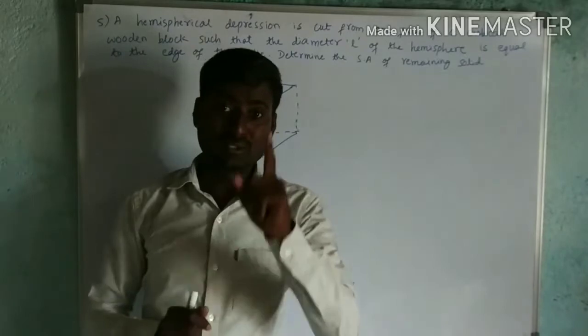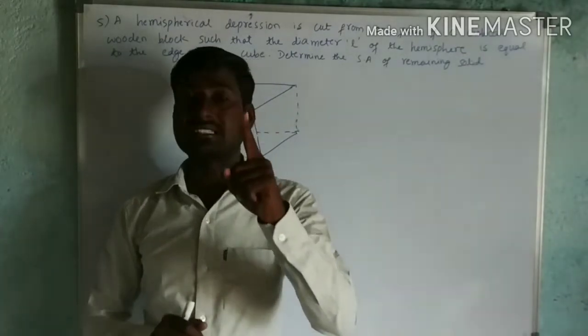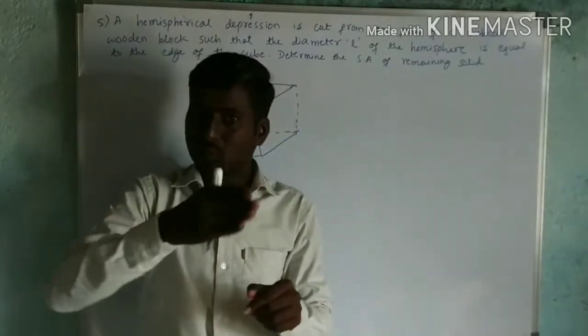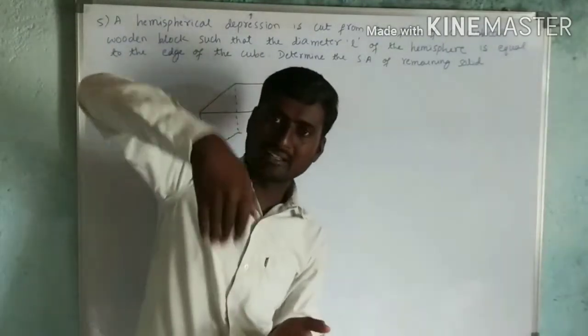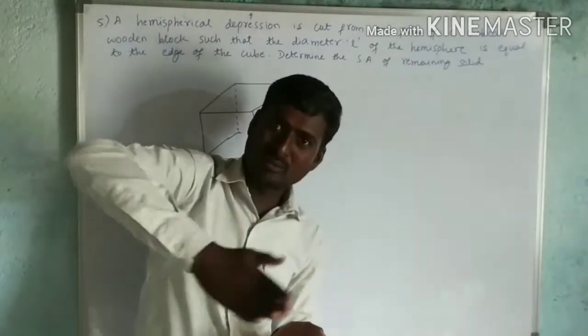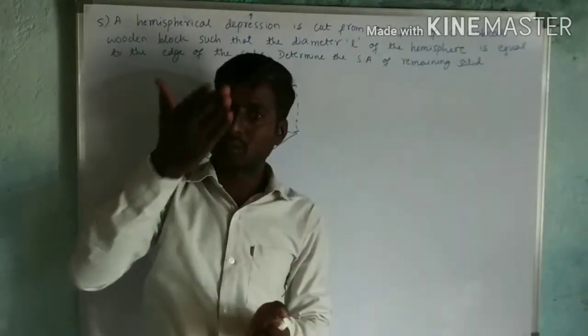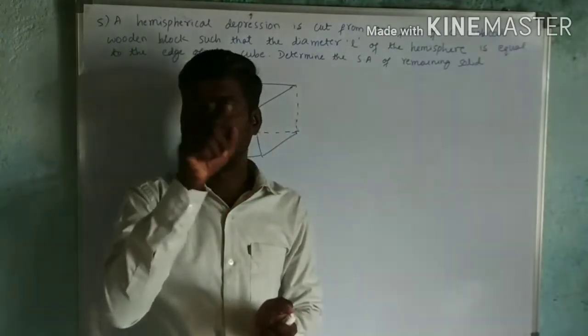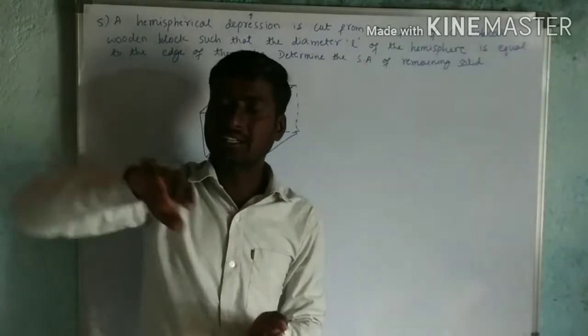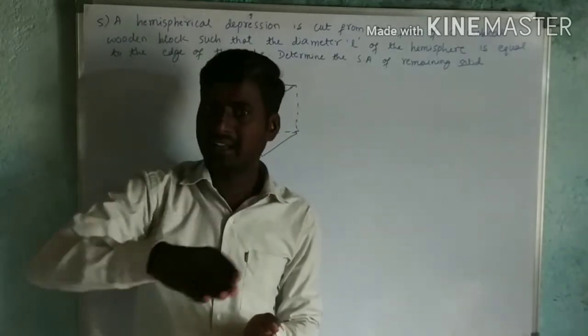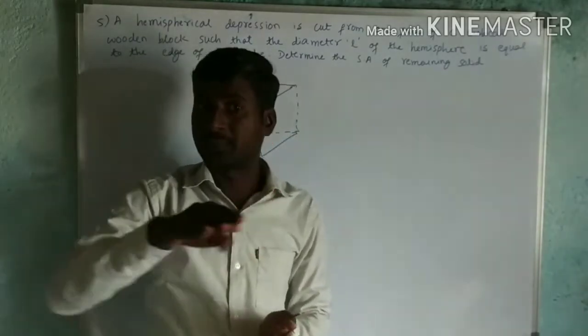Okay. So there was one extra surface area that will come. So this is what? Curved surface area. If you cut that wooden block, you can put your hands inside. So that is the curved surface area of the hemisphere you are getting. So we are going to cut that wooden block, one piece of wooden block in the shape of a hemisphere. So one extra area you got, that is the curved surface area.